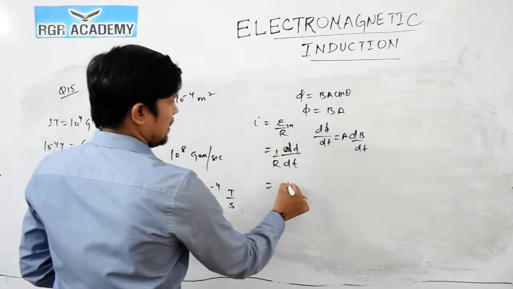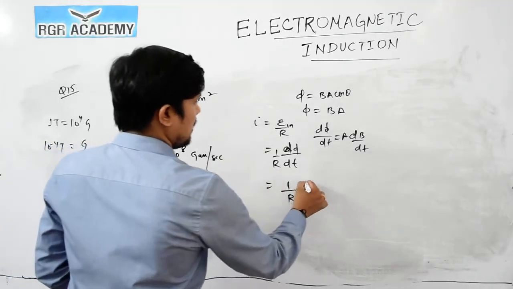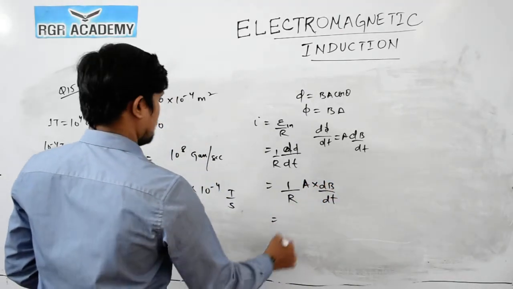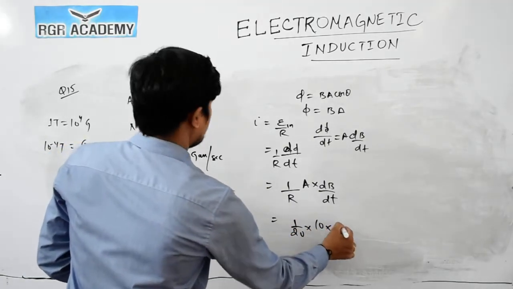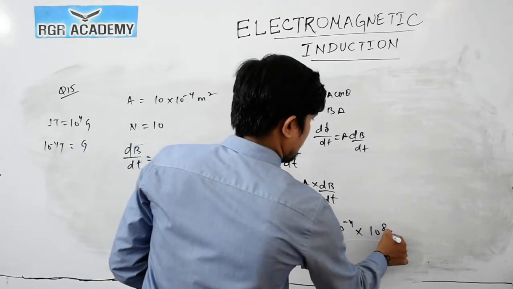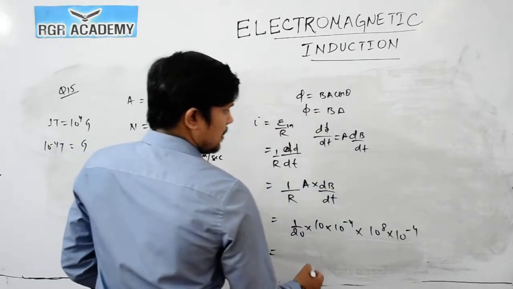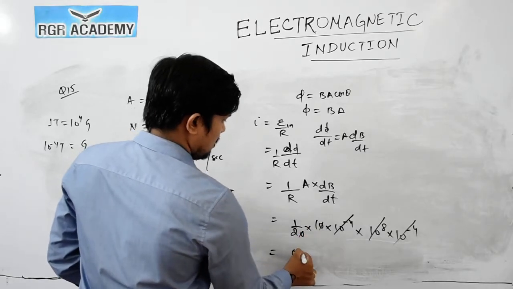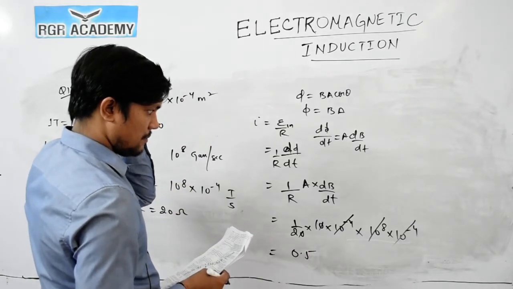Okay. So 1 by R, d phi by dt is equal to area into dB by dt. So this will be equal to 1 by R, 1 by 20 into area is 10 into 10 to the power minus 4 into dB by dt is 10 to the power 8 into 10 to the power minus 4. If you solve this, the 4 and this will cancel out. So how much will we get? 0.5. 0.5 we are getting,